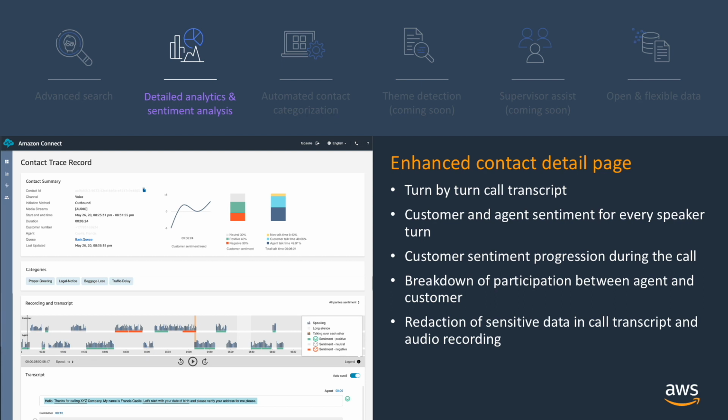Below this visual illustration, you can also find a new turn-by-turn transcript that allows supervisors to quickly read the entire customer interaction. Instead of listening to the entire call, supervisors can now quickly listen to a particular portion of the call by clicking on the timestamp provided at each turn within the transcript, which brings them to that specific point in